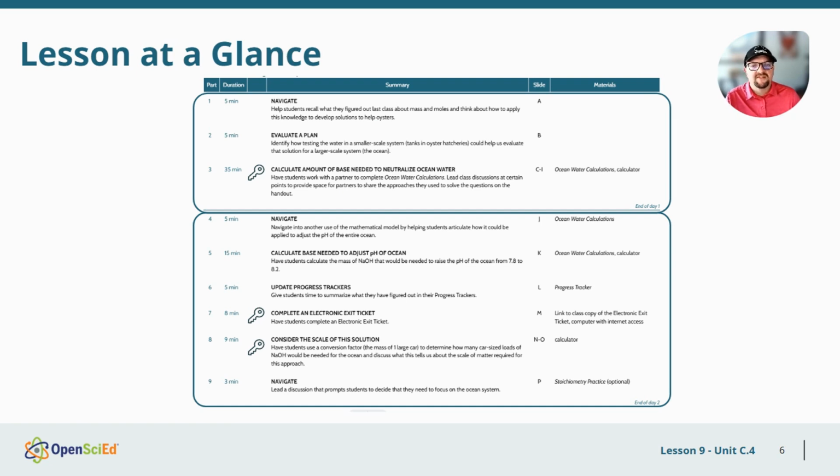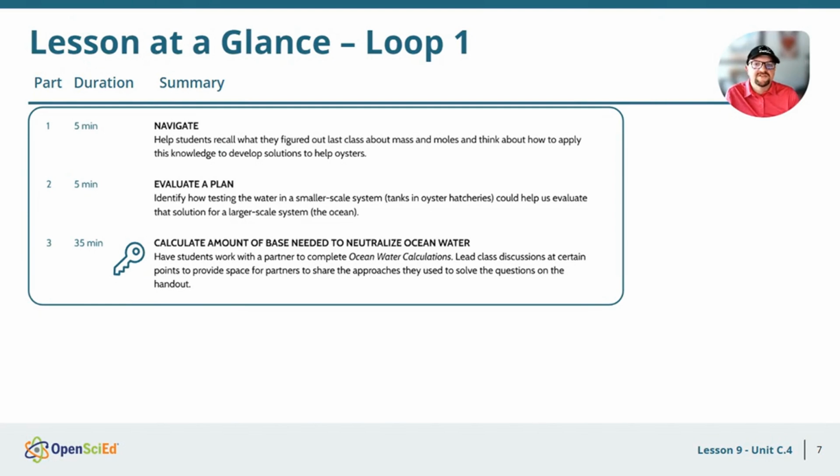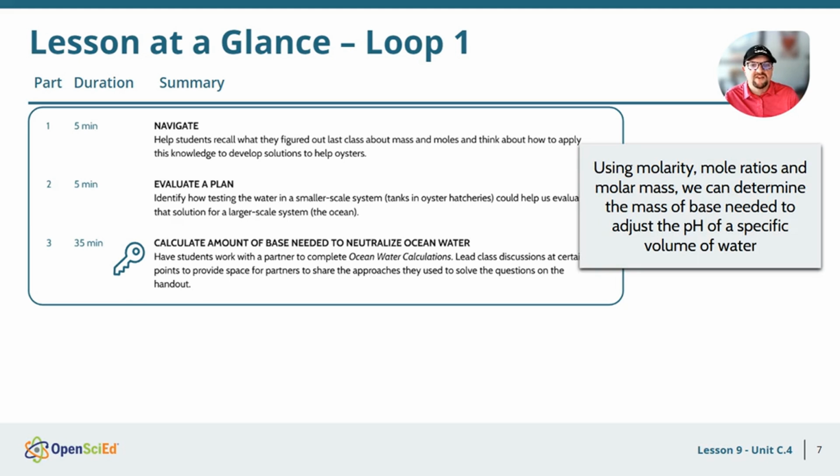Overall, we're going to break Lesson 9 into two main sense-making loops. In this first loop, the class evaluates the idea of dumping sodium hydroxide directly into the ocean to fix acidity. They quickly decide it's smarter to test the math on a smaller 1,000-liter hatchery tank first. By using molarity, mole ratios, and molar mass, they do partner work to calculate the exact mass of base needed. They figure out the small-scale chemistry operates beautifully, which naturally makes them wonder how to unleash this mathematical model on